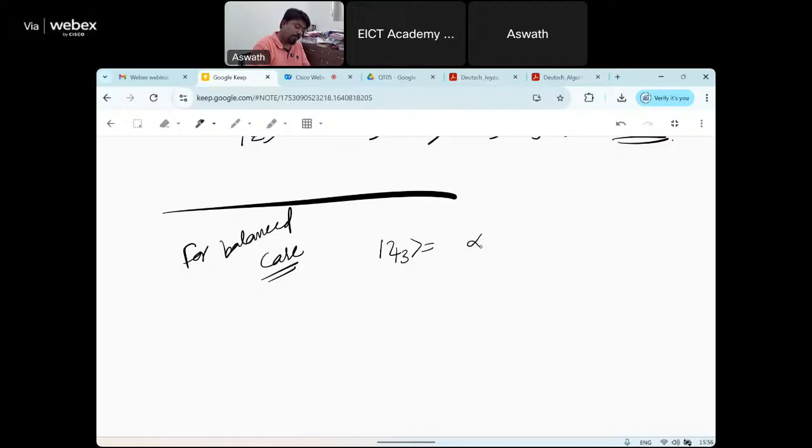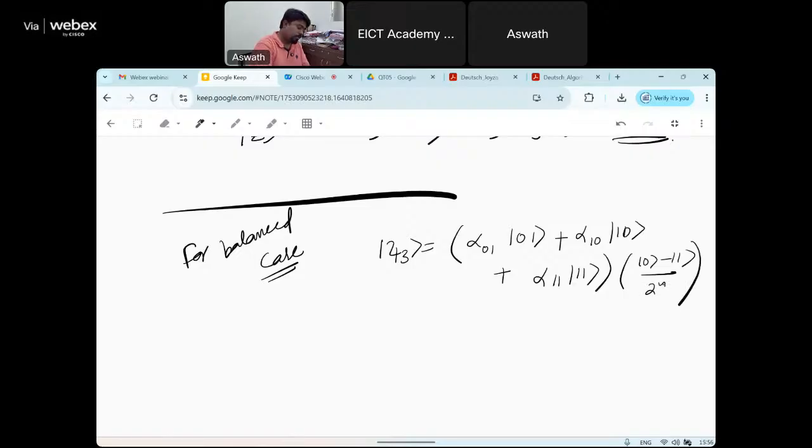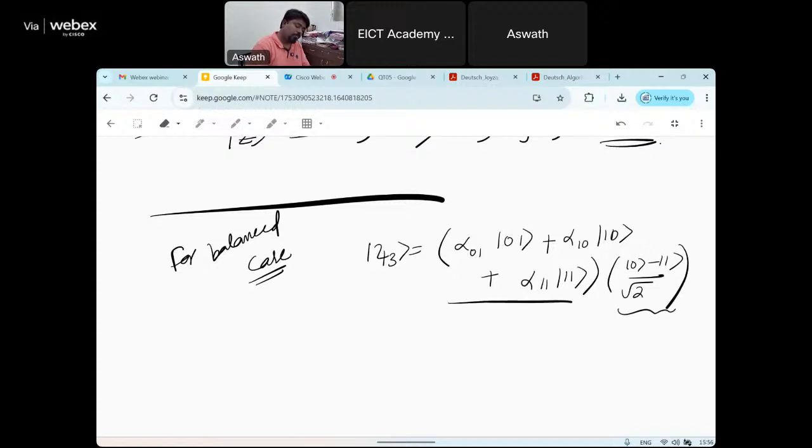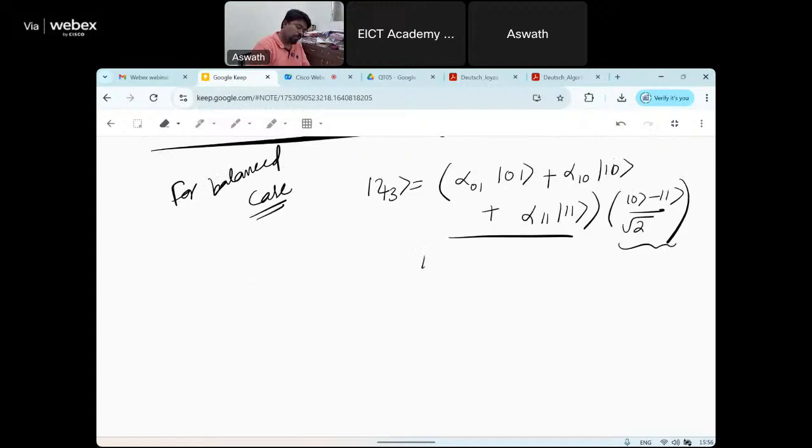There is some probability: some alpha 0,1 |0,1⟩, alpha 1,0 |1,0⟩, plus alpha 1,1 |1,1⟩, the entire thing multiplied by (|0⟩ - |1⟩) divided by square root of 2. Sorry, not 2 to the power of n, just square root of 2 here. This is the ancilla part. Here, this entire thing is divided by